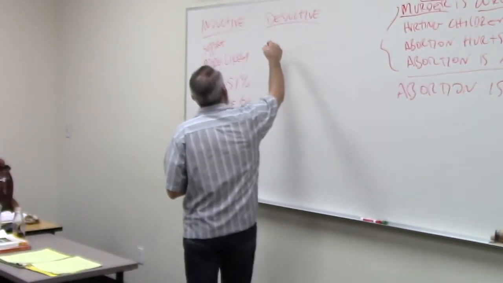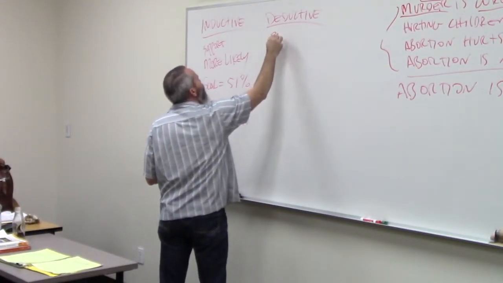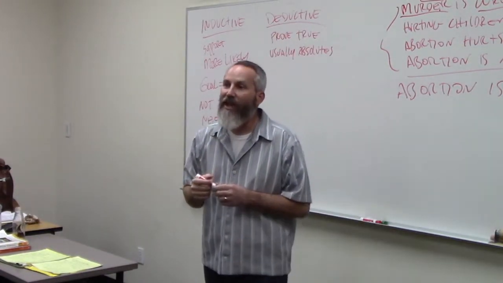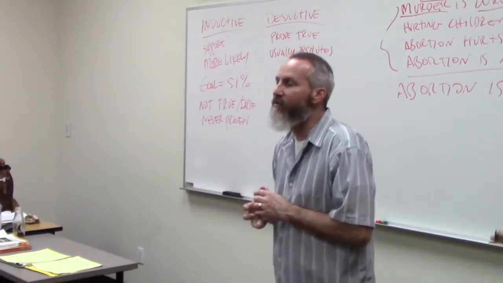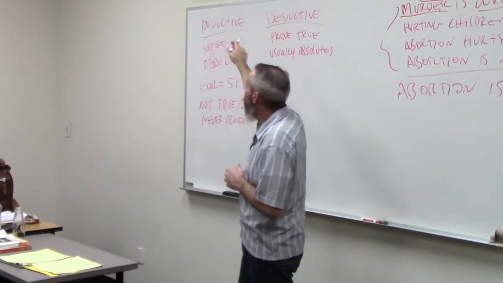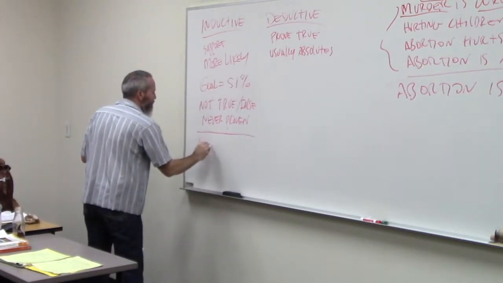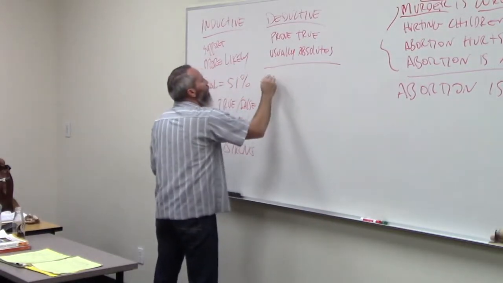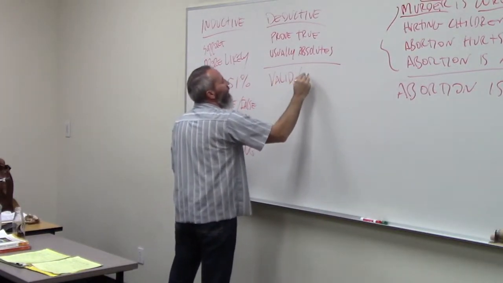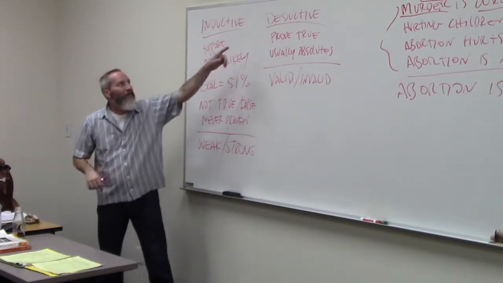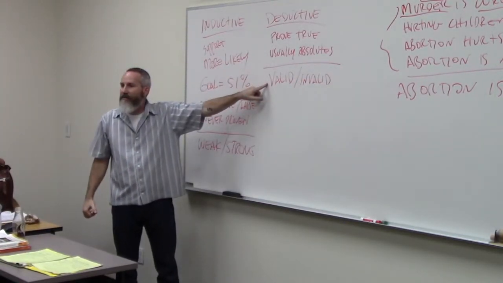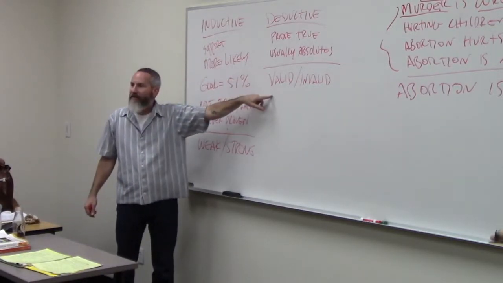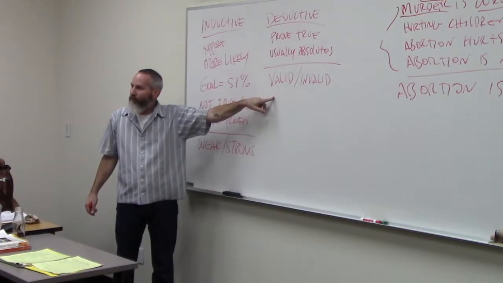With deductive arguments, the premises are intending to prove the conclusion true. The premises usually include absolutes, things like all, always. With inductive arguments, we call them weak or strong. With deductive arguments, we call them valid or invalid. So the goal of a deductive argument is to create a valid deductive argument. An inductive argument cannot be valid because it can never be proven true or false.